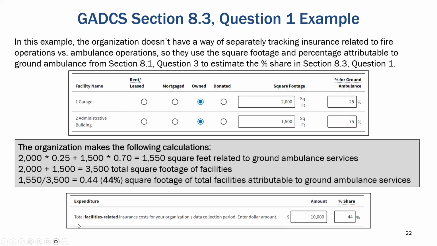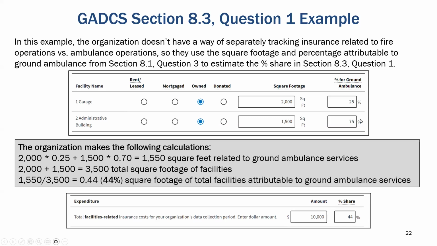For some of the questions in 8.3 where everything's added together, it's important to come up with a share that is consistent with what you reported earlier. This can take a little math, and we've walked through this example here. Let's say for total facilities related insurance, the expense was $10,000. Well, what number should you put in for the share there across all of your facilities?